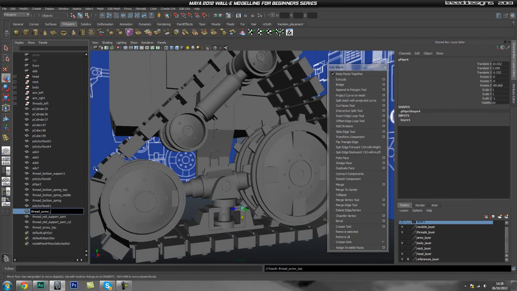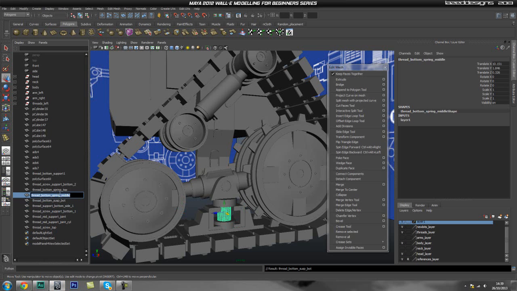Thread screw support bottom one, and I'm sure that this one is going to be the same. Not this one. Where is it? There we go. So then we have thread support bottom side one, thread bottom suspension